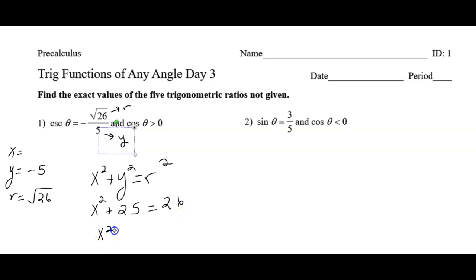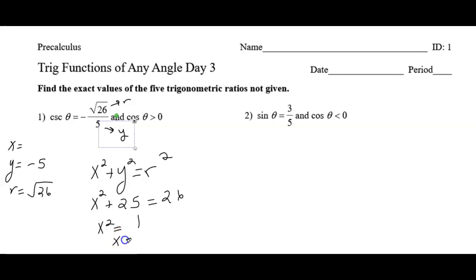So then we get x squared equals 1. Therefore, x equals plus or minus 1. Okay, from here, you have to decide, is it positive 1 or is it negative 1? And that's where this comes in. So that's going to help you determine whether or not we are using the positive or the